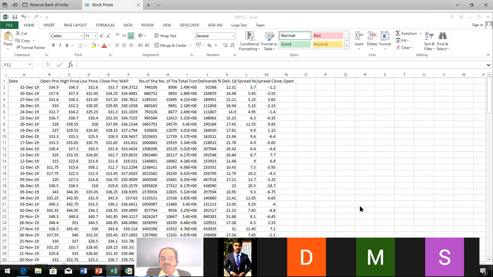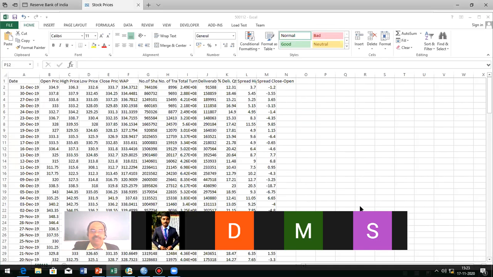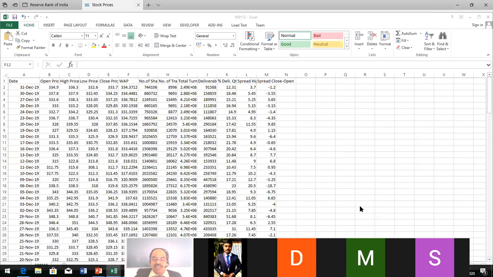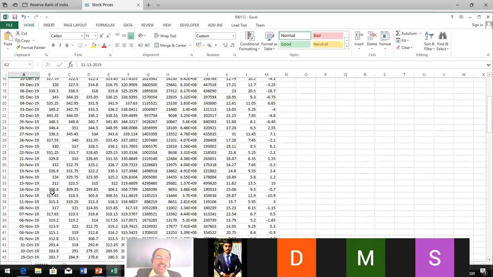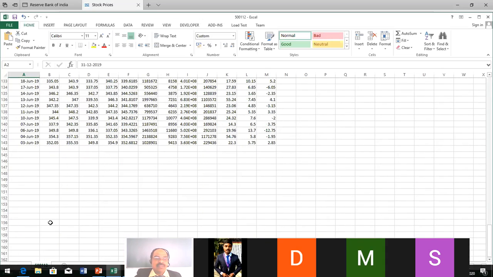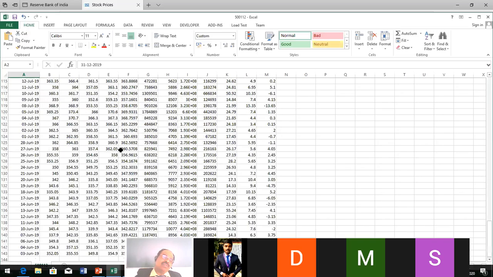You have to use your common sense for this purpose. So dear students, most of you fail to do that one. That is why I'm telling, be clear with this thing. You have to use common sense for this purpose. Because if you want to prepare a graph, you can't prepare it, because it starts from 31st December and it ends with 3rd June. 1st and 2nd June are holidays. So the data won't be available.